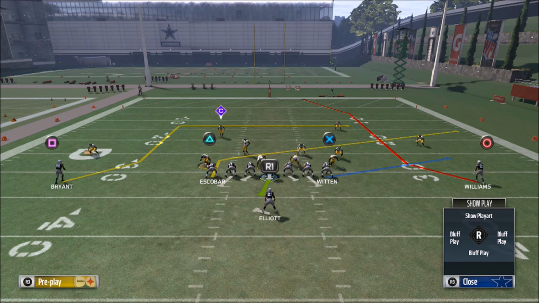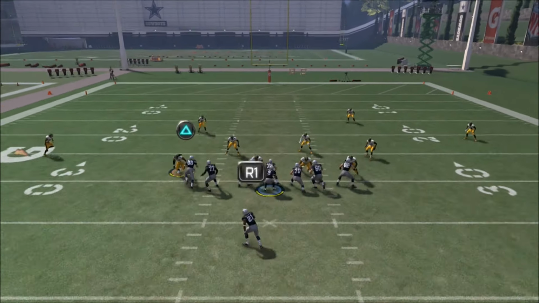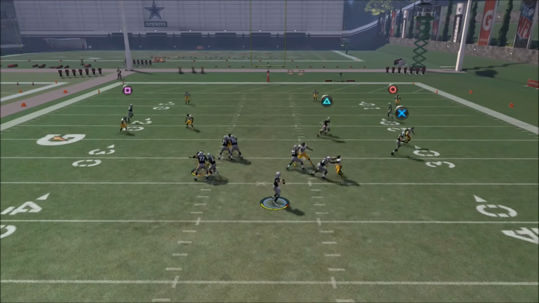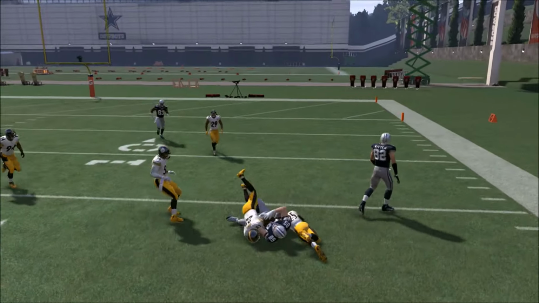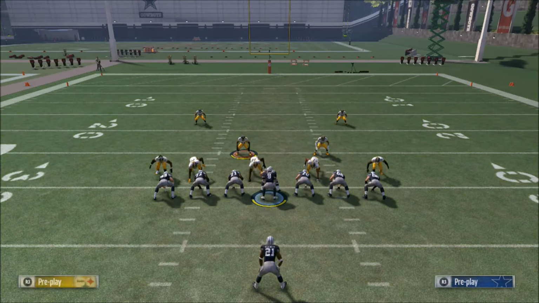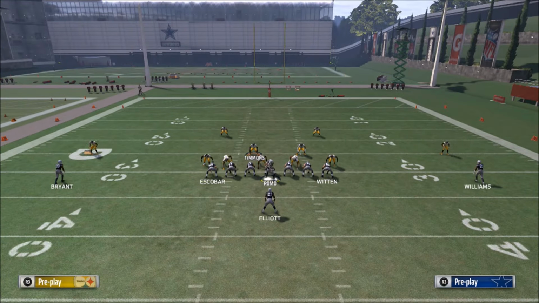My next progression is going to be Bryant on the deep dig route. Look how deep that route is. It's actually almost a good 20 yards deep, and actually he gets fairly good separation. And then also I've got the deep post route by Williams, something I'm probably not going to do. Now, if I do get the separation with the tight end, I'm going to go ahead and take that. That actually was just opening up by the zones because I had a delayed flat route by the tight end